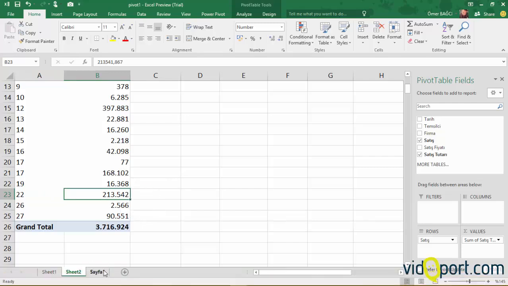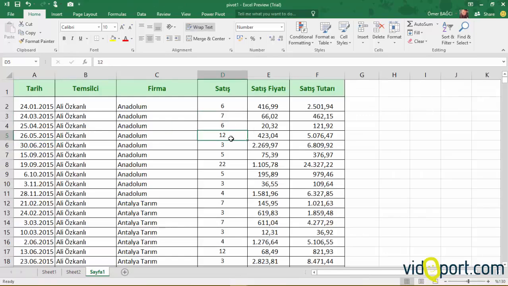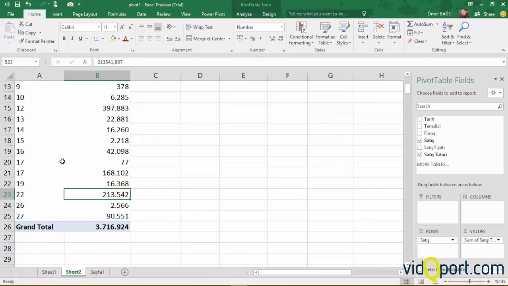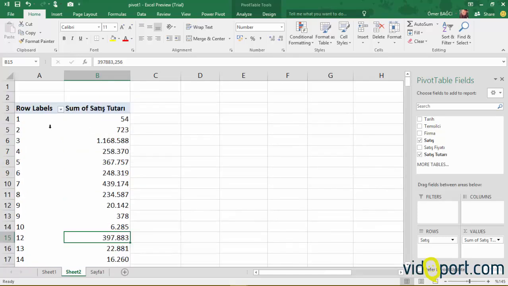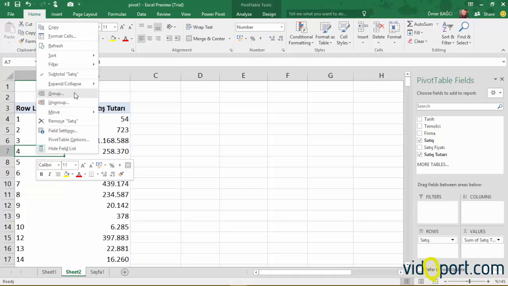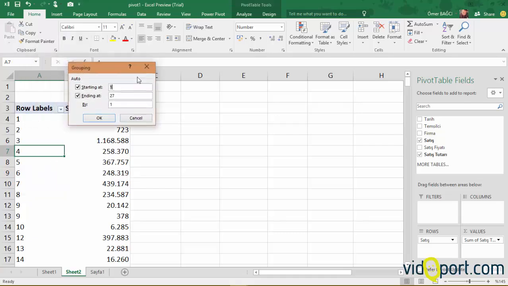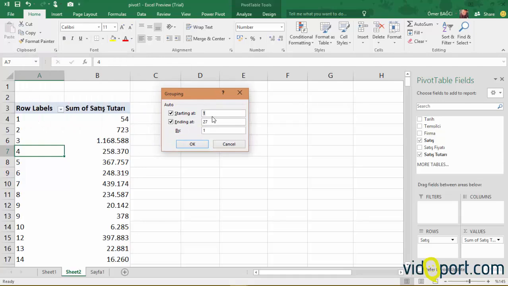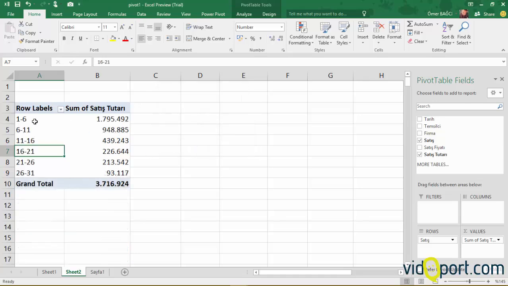So when we come to page 1 here, the total number of sales there is 12. Let's see from here. A sale of 397,000 lira was made. Now, can we give a range for the sales quantities here? Look, I'm grouping them similarly from here. The beginning will start at 1 and end at 27. For example, if I do this 5 by 5, when I say OK, look, those whose sales quantity is between 1 and 6, that much is